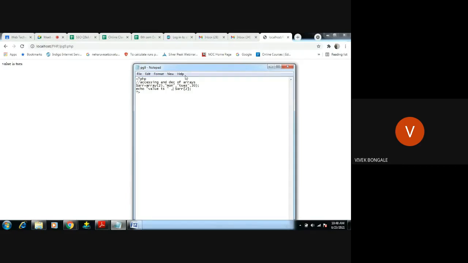So we'll see how we declare the associative array. I've created this $arr variable, and I give the value a here.